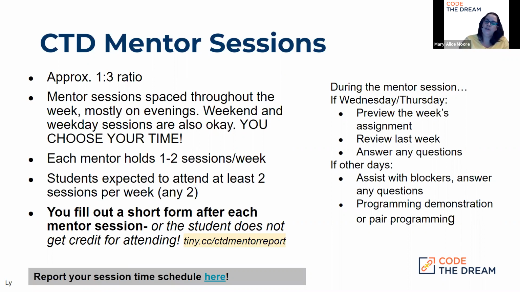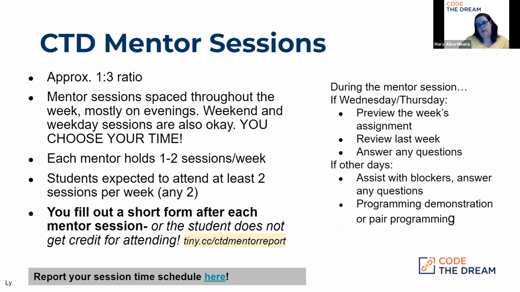You can review the previous week's assignments. So if they have any feedback that was given to them from the assignment reviewer, then they can come to you with their questions, like, hey, they told me I did this part wrong, but it was functional, so why is this wrong? Let's talk about that. And just answer any questions in general that they might have on either the previous week or the upcoming week. But for the other days of the week, you'll mostly be working on that current week.